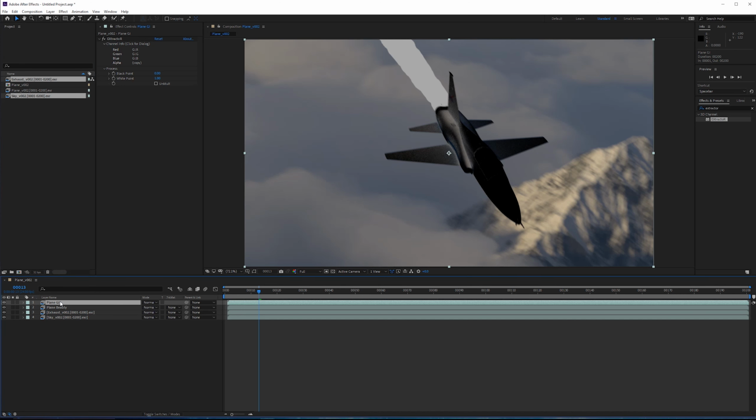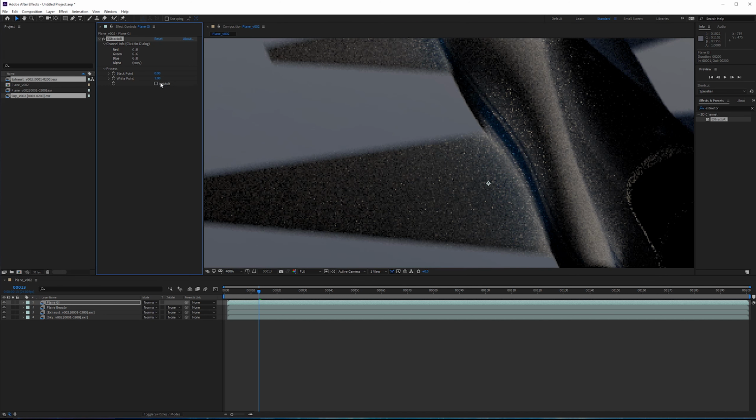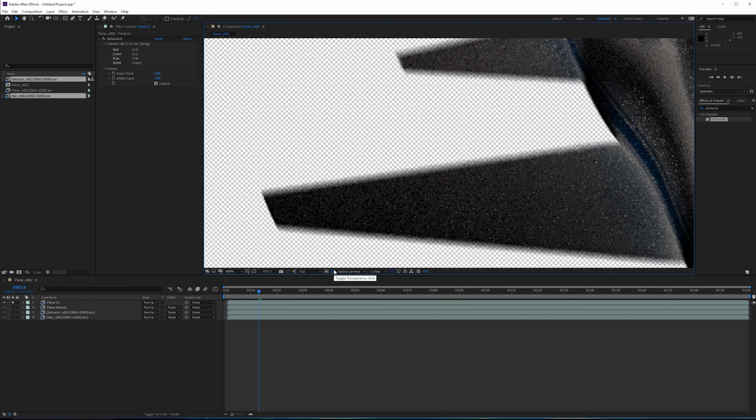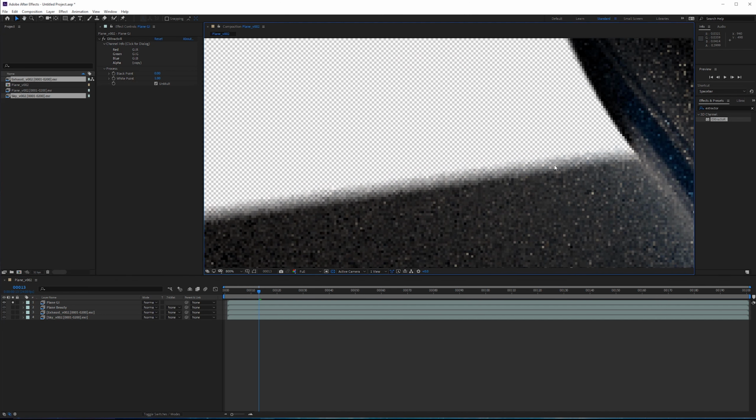So before we separate out all the passes, go back up to this extractor and we need to unmultiply it. If you notice on this edge here, it gets a little bit darker when we don't unmultiply it. Now the unmultiplier effect is a way of removing the background from areas of partial transparency, or in this case, it's just motion blur. So if I were to solo this layer and select my transparency toggle, you can see that this area is a little bit transparent.